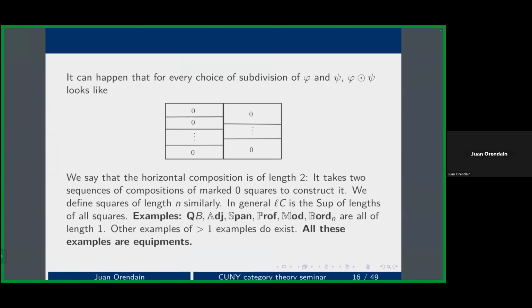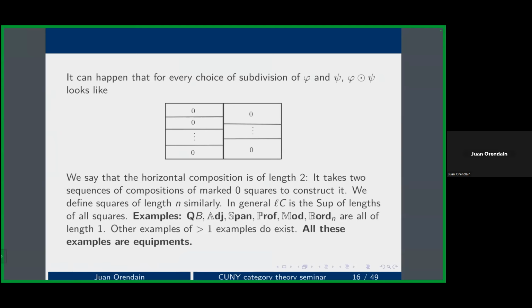Sometimes you can reduce everything at length 2, etc. And so you have this measure of complexity for squares, and you define the length of a double category to be the supremum over all the complexities of these decompositions of globularly generated squares. All right, so for example, in these examples that we talked about, quintets, adjoint pairs, spans, profunctors, bimodules, and